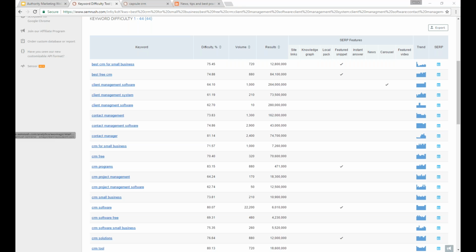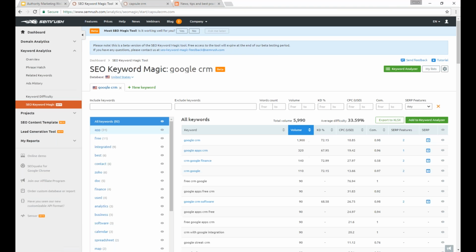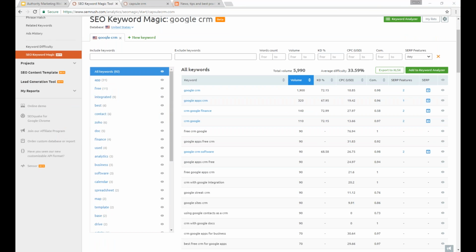So another place you can get ideas is the SEO Keyword Magic tool. So here I typed in Google CRM, and what it's doing is it helps you discover brand new keyword opportunities. So, we just went through a number of ways where you very intentionally are going through the tool and setting up filters and looking at these things and considering them all. The SEO Keyword Magic tool does some of this automatically for you to some degree. So it's factoring in things like cost per click and the volume, the keyword difficulty, the competition level,